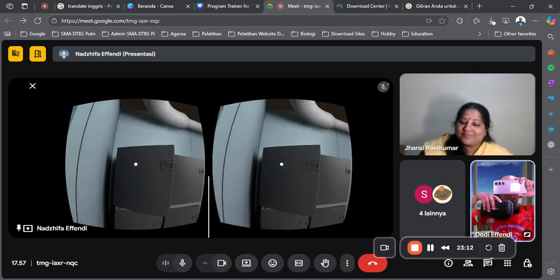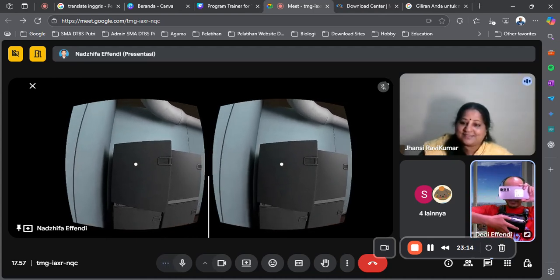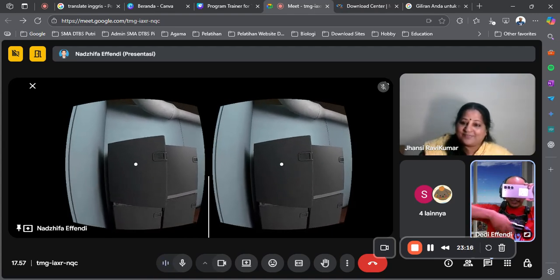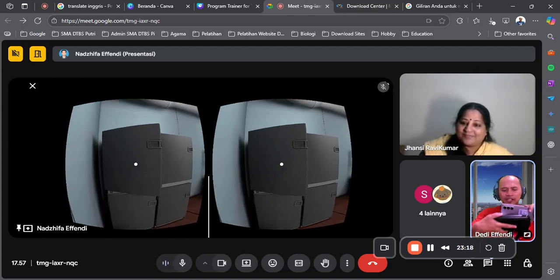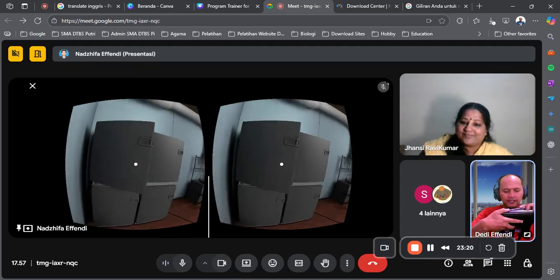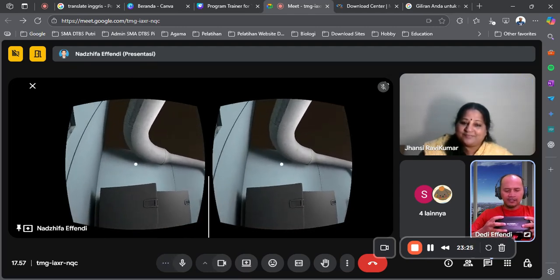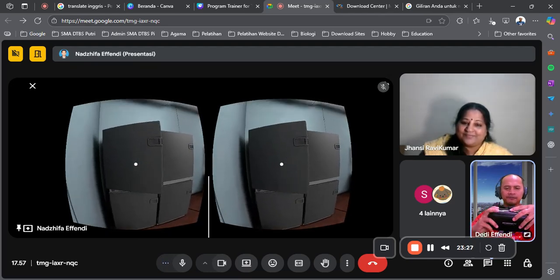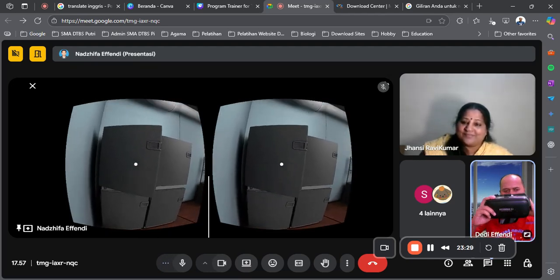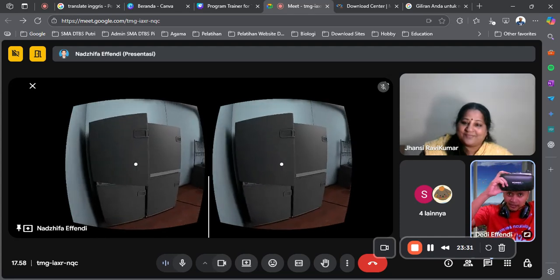Can you see my smartphone here? Now you have to put it into the VR eyeglasses like this, and like this. We can close it and make it very tight.